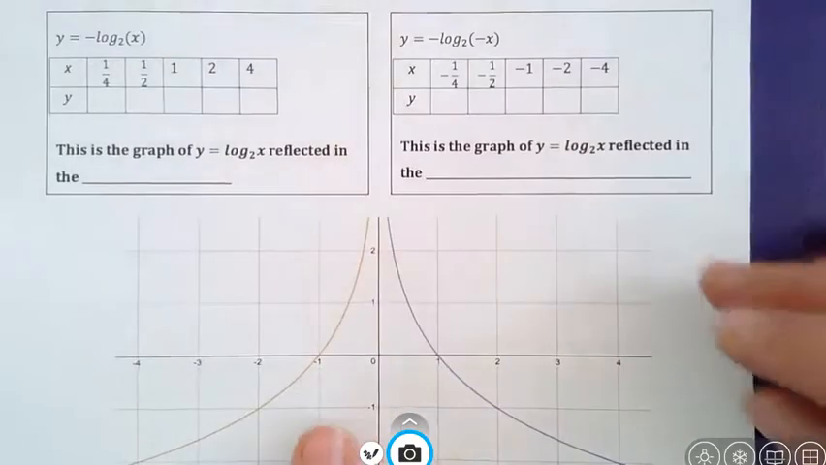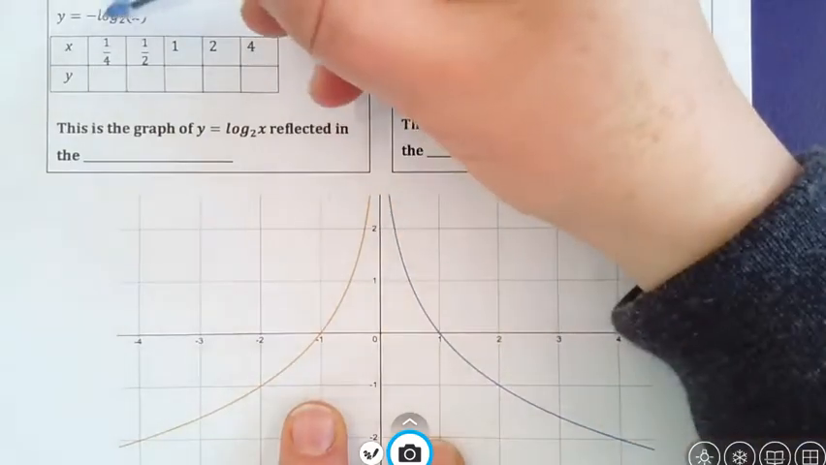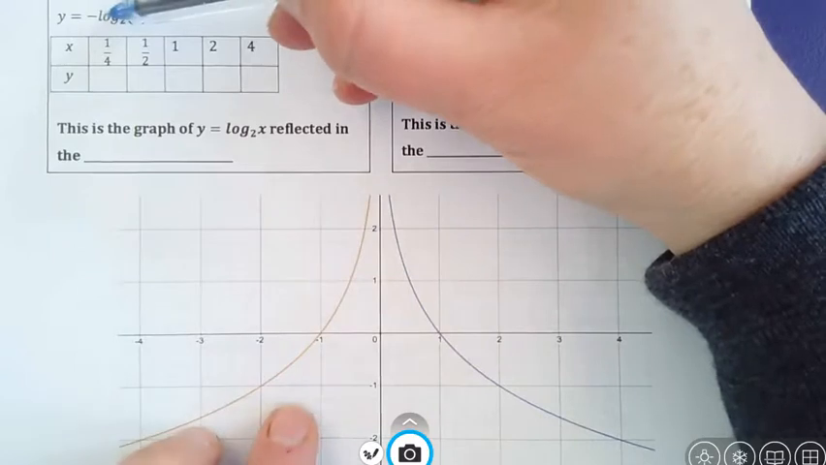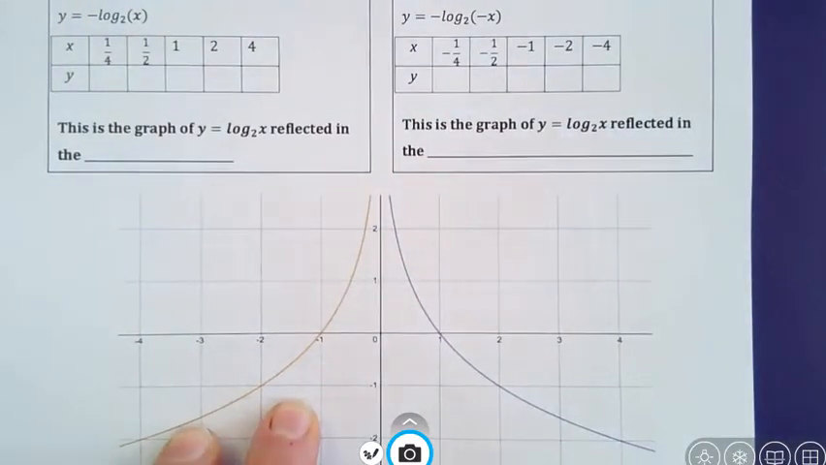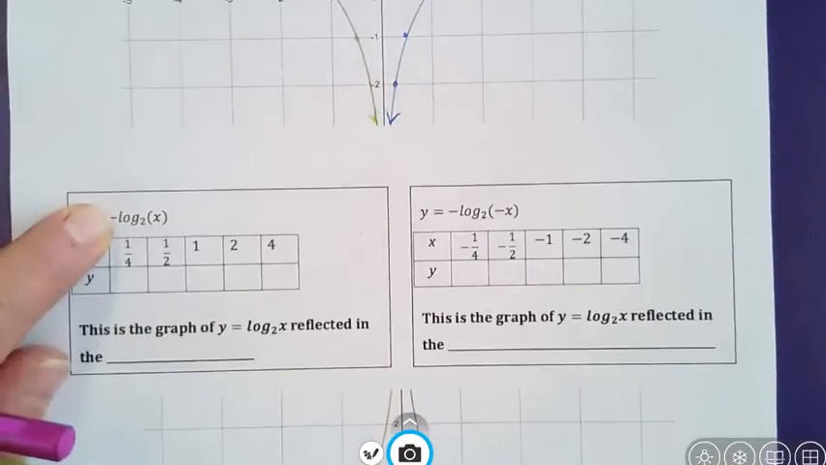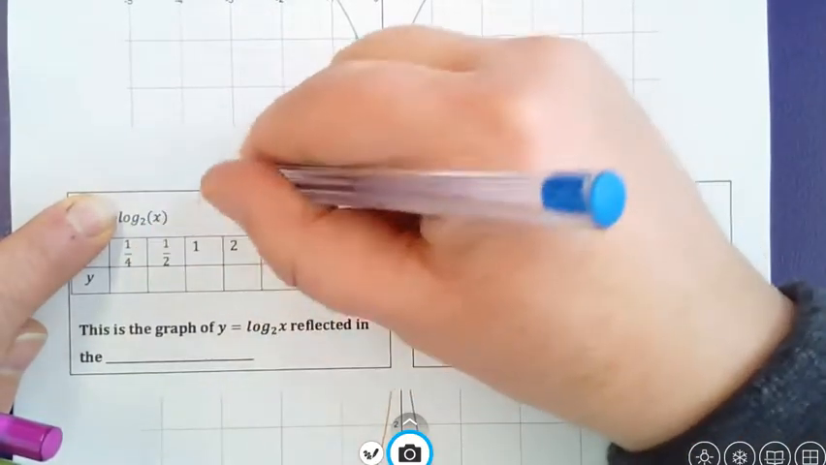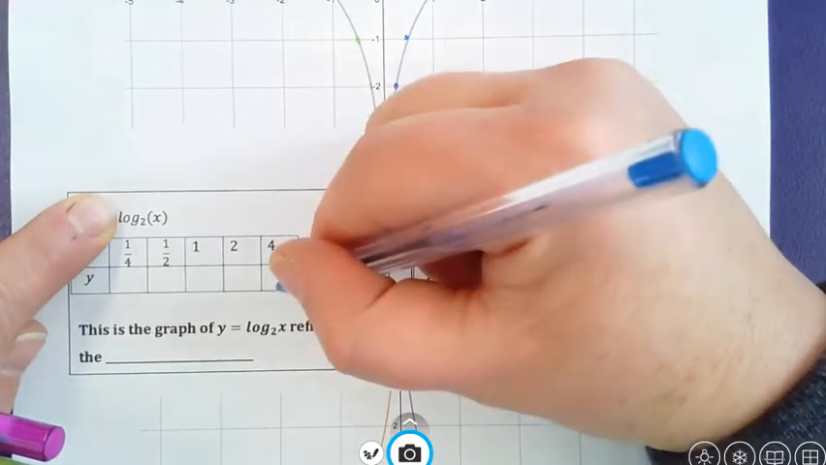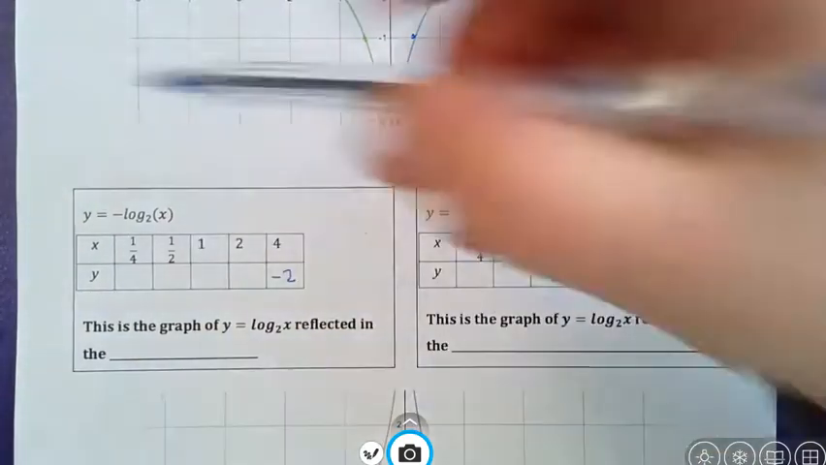Now looking down here, are we good? Let's look at these two. Look at negative log to the base 2 of x. It's going to be log to the base 2 of x values with just a negative in front of them. So ignore the negative at the moment. Just ignore the negative. Put your finger over it. Let's start here. Log to the base 2 of 4 is 2, but you get negative. So our answer here is,